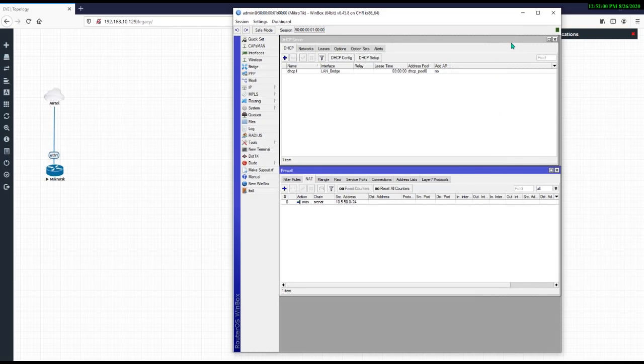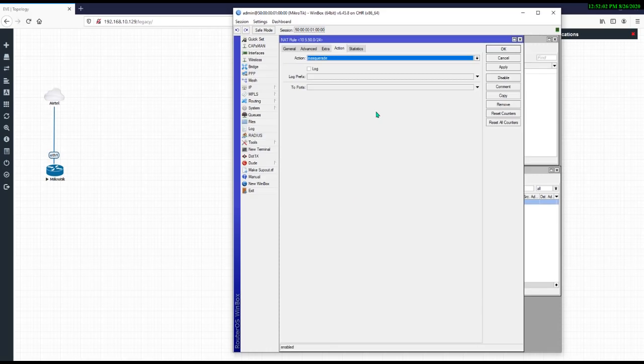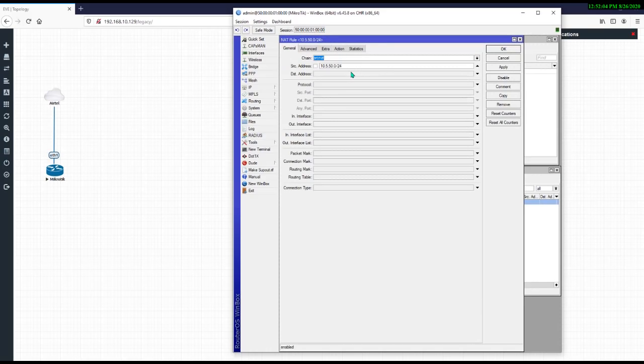Now, why have we created this rule? I am showing you again. Source net means source IP. Suppose I am connecting to port number 3 and I got the IP address 10.5.50.250. Now I will send a request for google.com.